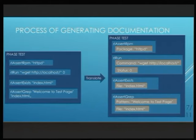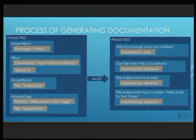As the second step, I try to find in these lines of code some Beakerlib commands and their options. So we can see, for example, on the left side, there is a line rpm httpd, and as a result I have the knowledge that there is an rpm command, and there is the package, which is an important fact for me. There is a package httpd. When I have these facts or data, depending on how you want to call it,